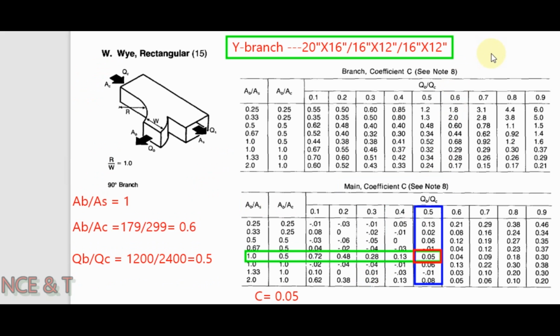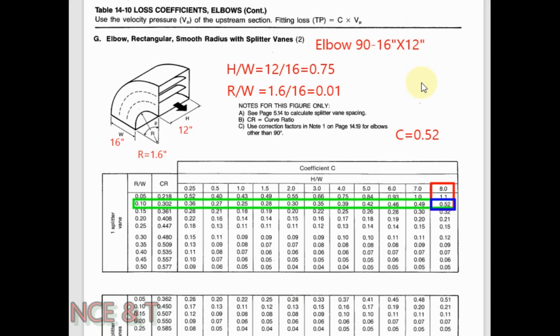Similarly, for the Y branch 20 by 16, 16 by 12 and 16 by 12, we have found the value of main coefficient C, which is equal to 0.05. Now we will use Table 14-? to find the pressure loss coefficient for a 90 degree elbow, assuming the short radius main elbow having one main,